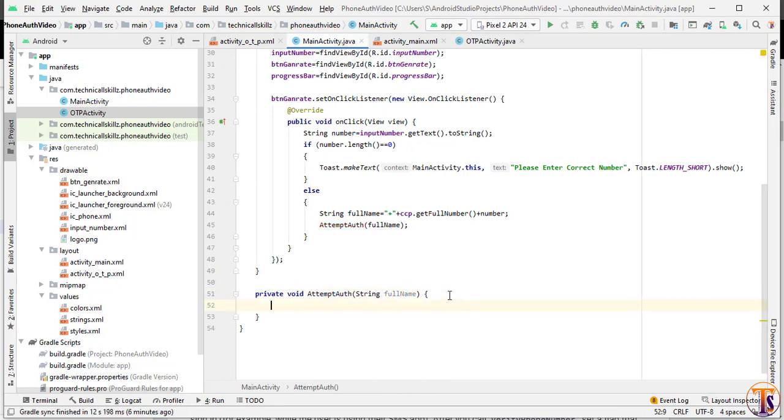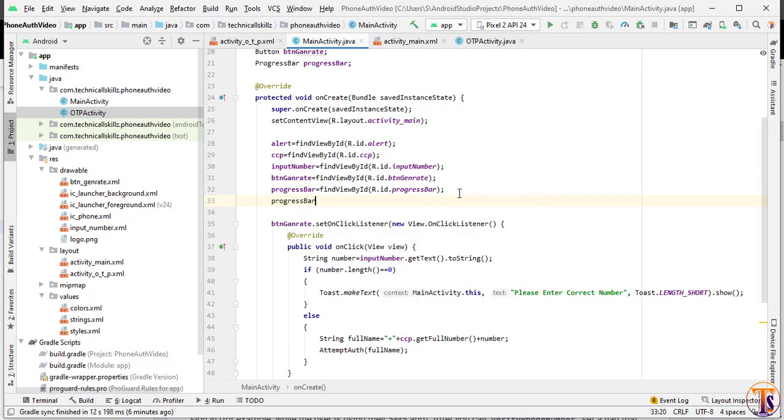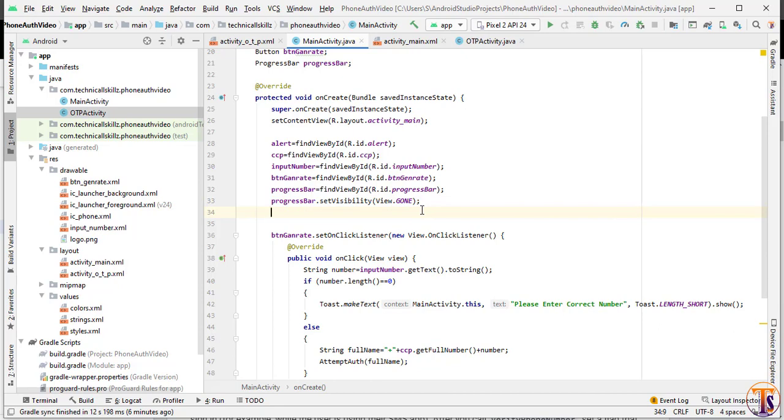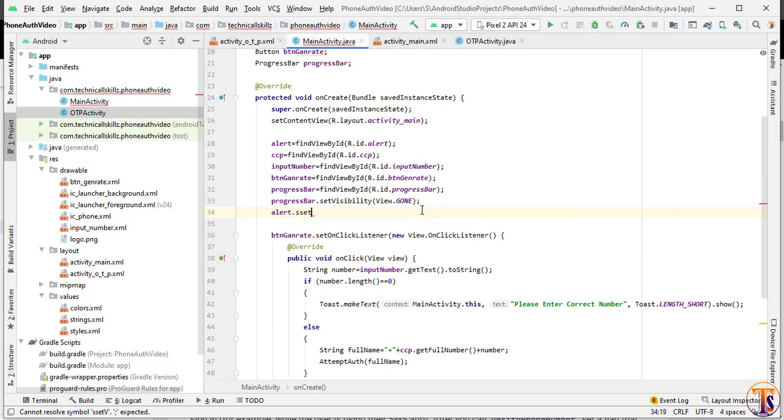Now here we have to hide our progress bar. So progressBar.setVisibility, and here we will pass GONE. Now when we click on this generate button, we need to make it visible. Also we have to hide our alert with setVisibility.